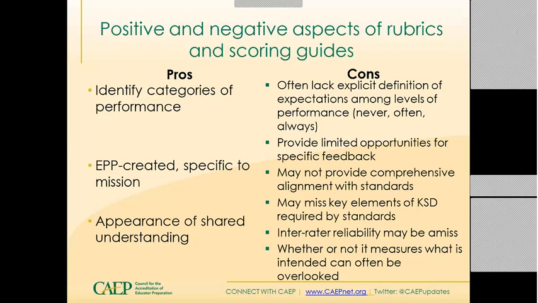An example that I put up here is the never, often, always. We don't know what often means. Certainly you can say never and always, but what's often? 3 times, 5 times? And CAPE even has some criteria about using